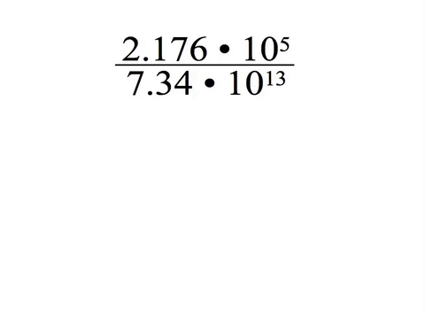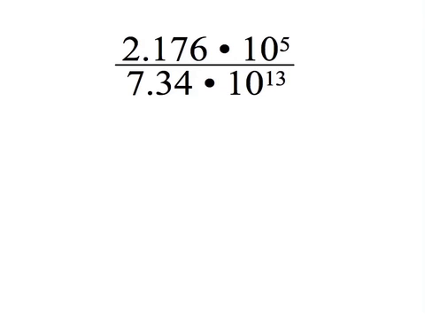And now we're going to find the quotient of two numbers written in scientific notation. From what we know about fractions, we can find the quotient of the two mantissas and also find the quotient of the two powers of 10, and then find the product of those two quotients. Well, again, I'm going to use a calculator to get the quotient of the mantissas, and I'm going to use my rules for exponents. 5 take away 13 is negative 8, so I get this long number, 0.29645 times 10